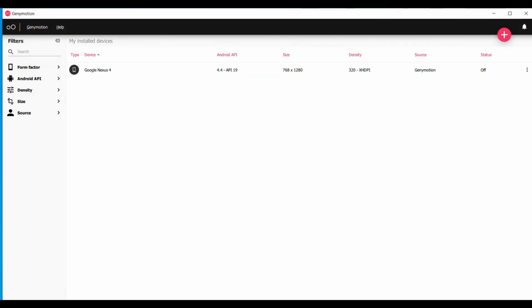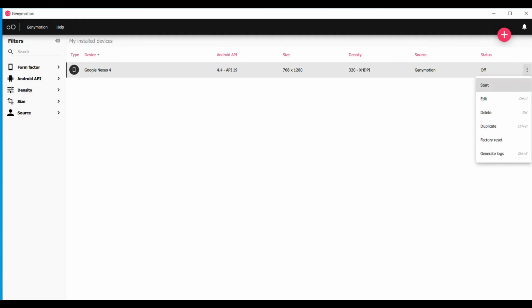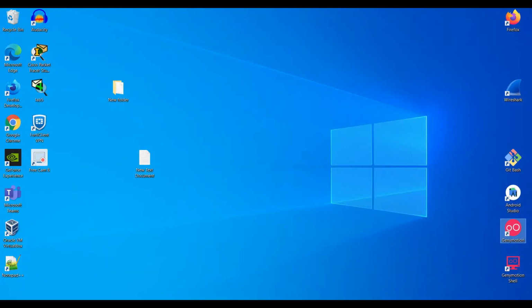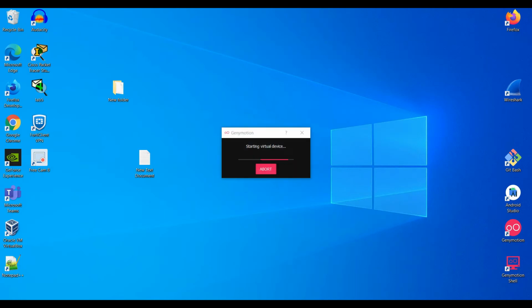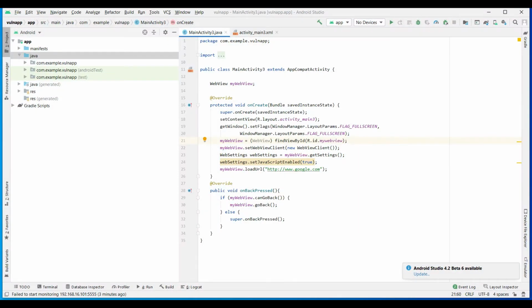Now let's see how an application looks from the developer's point of view. I'm showing you this because it will be easy for you to do penetration testing. If you know how an application is built, you will know in what places you have to search for something. That's why I'm coming to this.